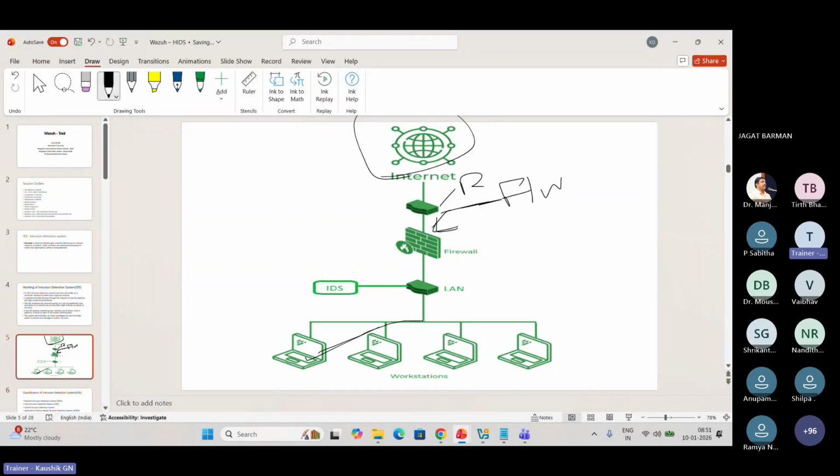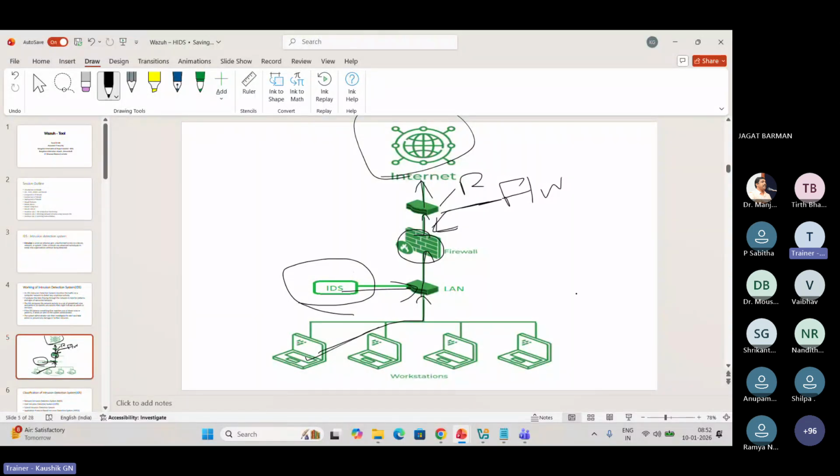First, it will be connected to the local area network. Then the outbound and inbound traffic will be filtered in the firewall. Then it goes to the router and to the internet. So the IDS will be connected to the LAN.